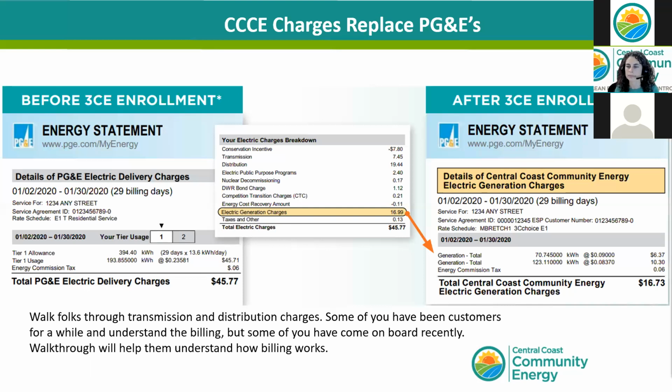Okay, let's see. All right, so how does this program affect people with solar? So do you want me to answer that one? That's why you're here. Okay, let's talk a little bit about solar. So if you choose the default, which we call the TOU option path forward,